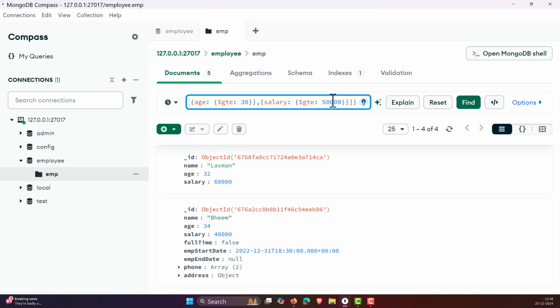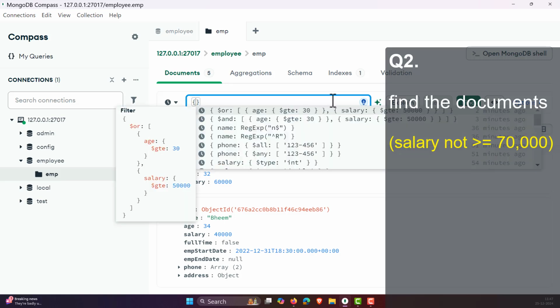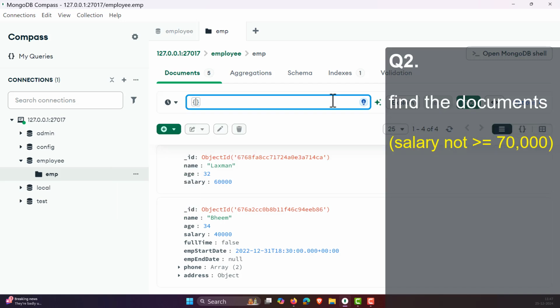Now let's look into the NOT operator. The NOT operator is something it is not equal to. Let's take one example to understand the NOT operator. What I want to do is extract the documents whose salary is not greater than 70,000. Basically, we can use a less than operator also, but I just want to show how to use the NOT operator. For that, in order to extract the persons whose salary is not greater than 70,000,